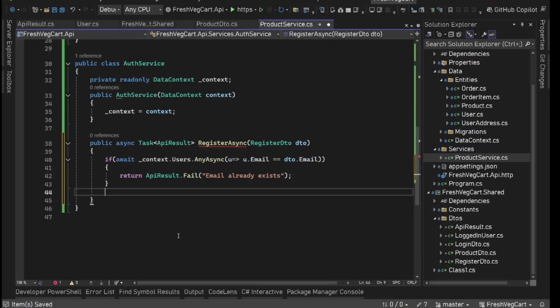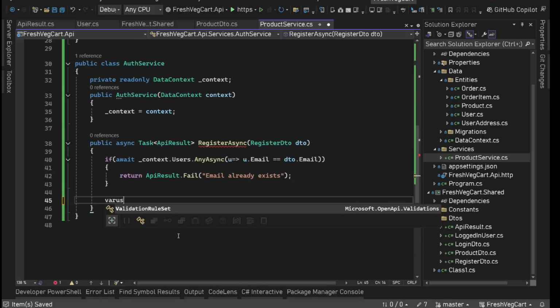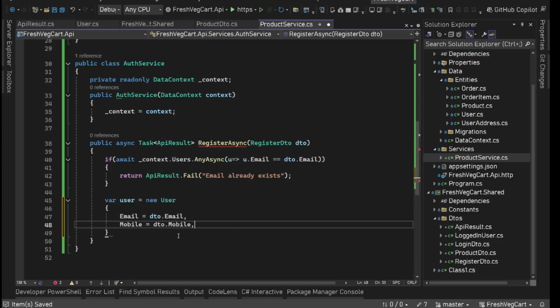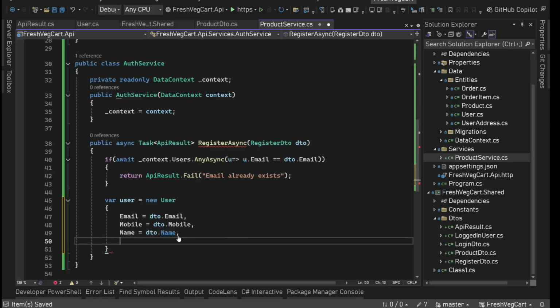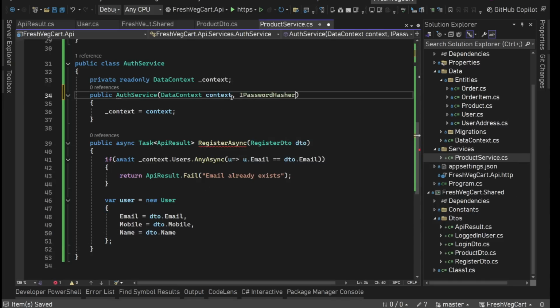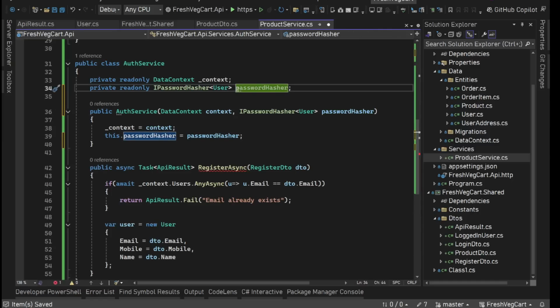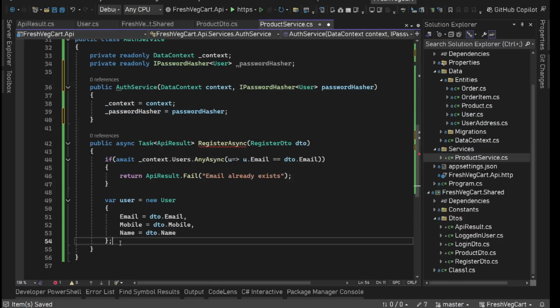If that's not the case, we just need to create the user. We'll say var user equals new User. This user is the entity. Here we'll set all these things: email, mobile, name, and user address. Not ID, as it will be auto-generated. Then we need the password hash. For hashing, we can simply use IPasswordHasher of type User, which is our user. So we'll say passwordHasher, create an assigned field,